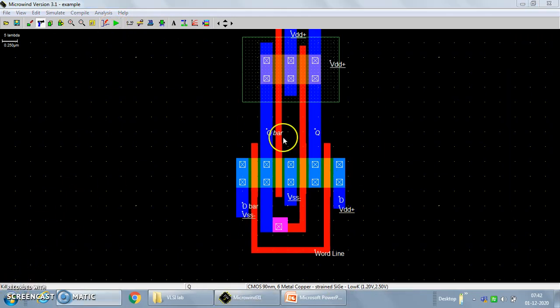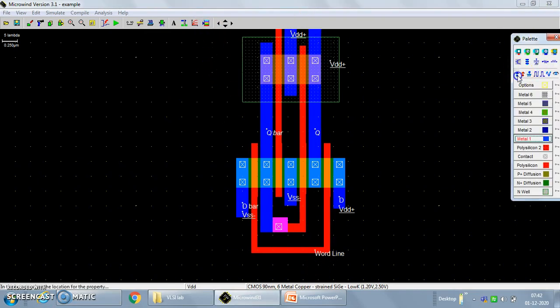Okay, so the labels are given like this. But see, what should happen now? I'm calling this D bar, this the D data line. Whatever data we provide, either logic 1 or 0, it should be received as Q and Q bar respectively. But this will happen if and only if you enable the word line with VDD. So we should connect the VDD here. If VDD is given to the word line, now the connections are possible.